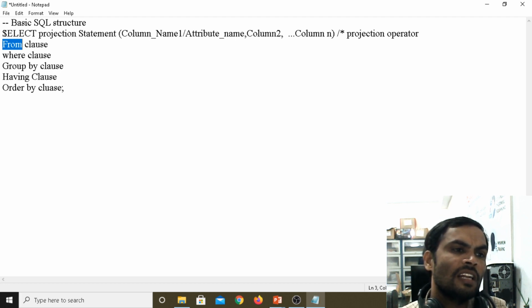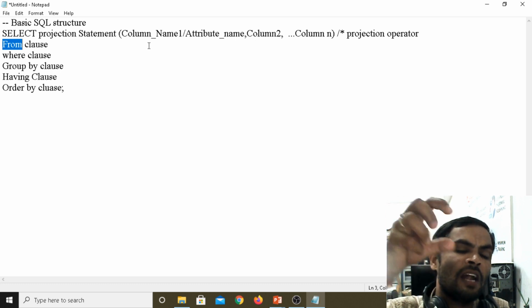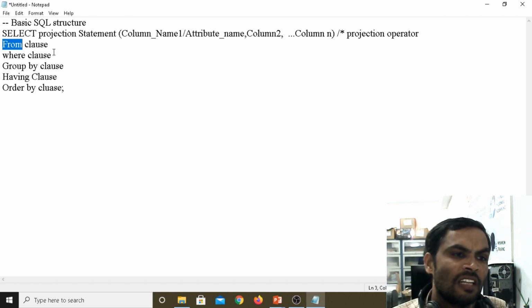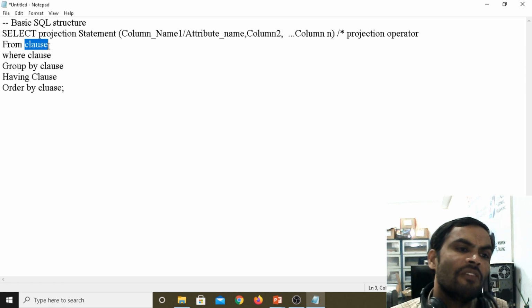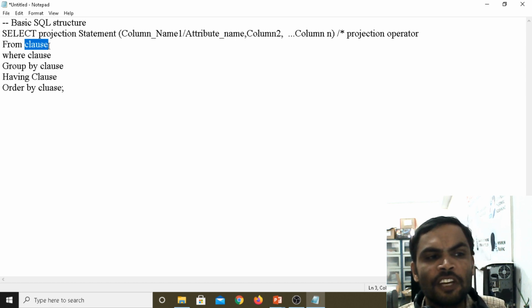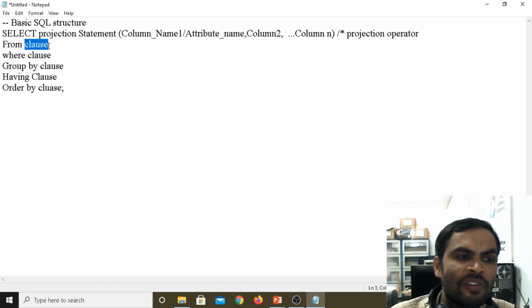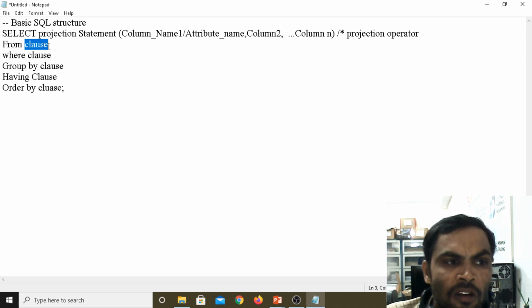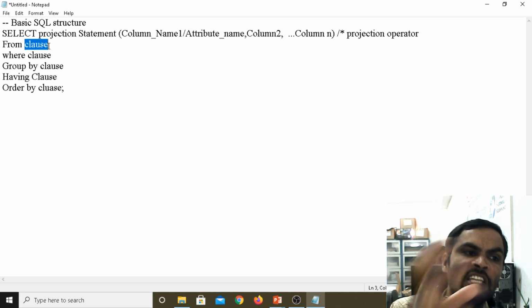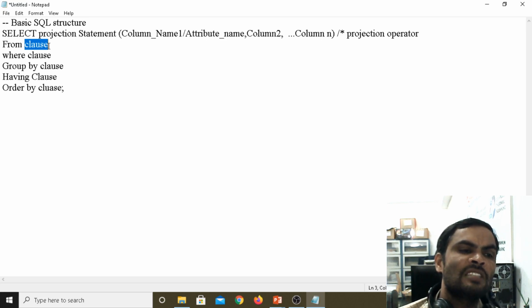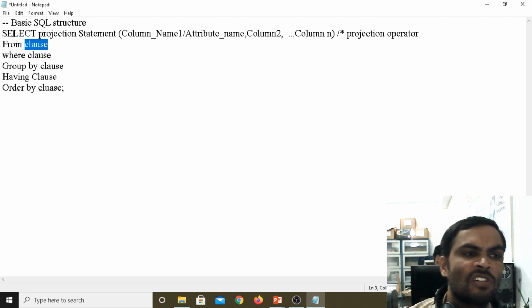Now, under the select statement, we can project n number of columns. That column should be available in the table only. Under the from clause, we can pass more than one table. If you want to retrieve the content from 2 tables, under the from clause we should pass 2 table names. If you want to retrieve from 3 tables, we can pass 3 table names. After the from clause we should write the where clause. It is a structure. We should not write it up and down. It is a basic structure for your SQL query.